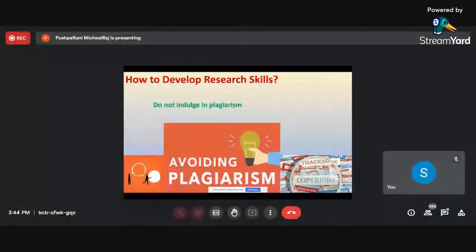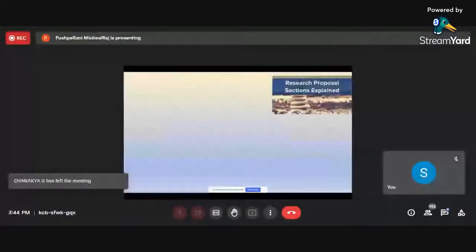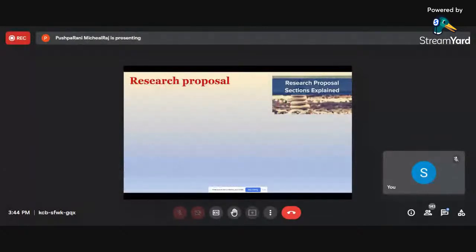you refer to them. So that is the way you develop your research skill. So just don't copy, get inspired, and use that information. When you use that information, picture or table or something, cite them. So the next is the research proposal. This we already discussed in a previous talk, so I'm not going to touch that.